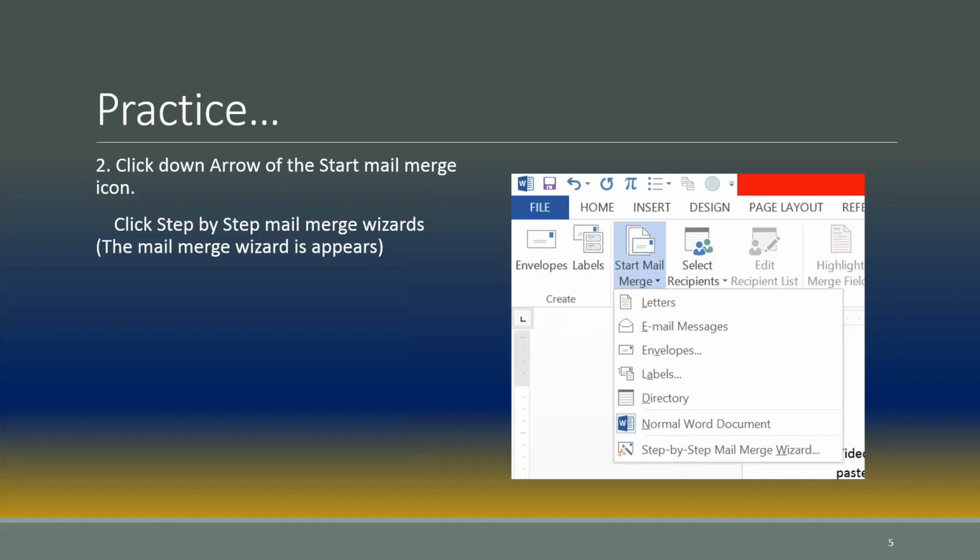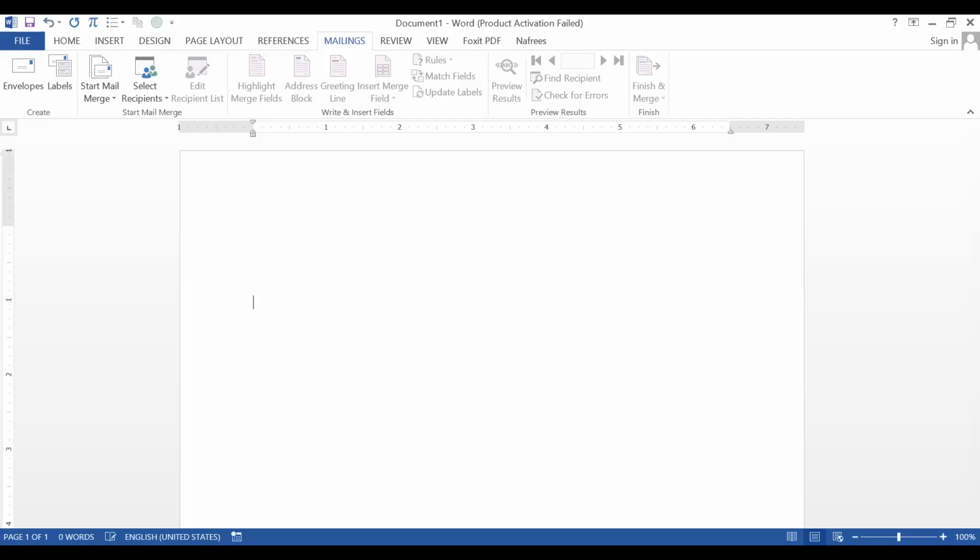So you have to type whatever you wish to. For example, I'm going to use the mail merge to create letters for the list of recipients. I'll show you. First, you have to type the letter. I'm typing a sample letter, but you have to type your own letters.